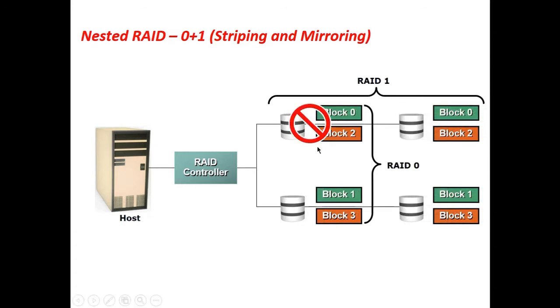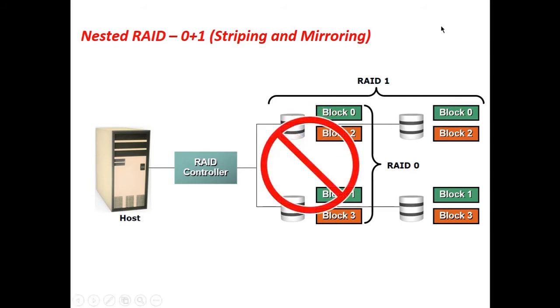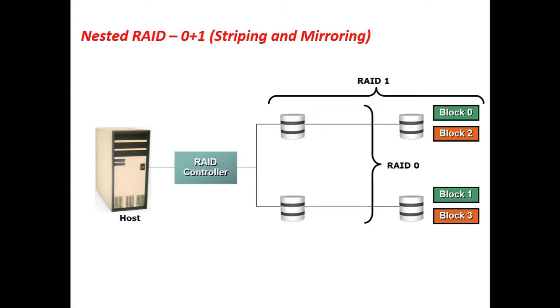Now let us assume if this hard disk drive fails. Let us see what happens if one of the hard disk drives fails. If this hard disk drive fails, the entire stripe needs to be discarded, and we need to rebuild the entire stripe of data. Since these two disks contain one stripe of data, the entire stripe will have to be discarded and rebuilt from the mirrored hard disk or mirrored copy of the data. That is, this entire stripe of data will be discarded, and this entire stripe will be rebuilt from the surviving disks. So that is how the rebuild operation takes place in case of nested RAID 0.1.